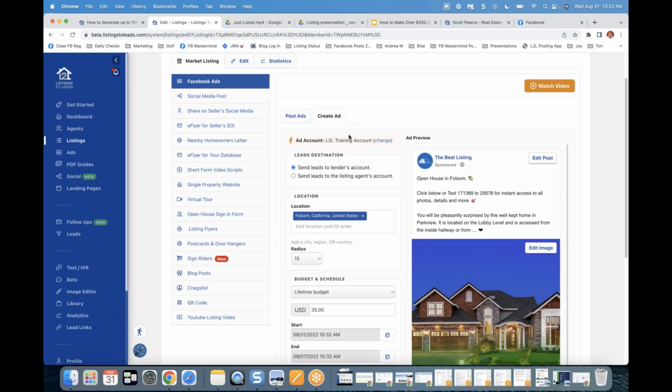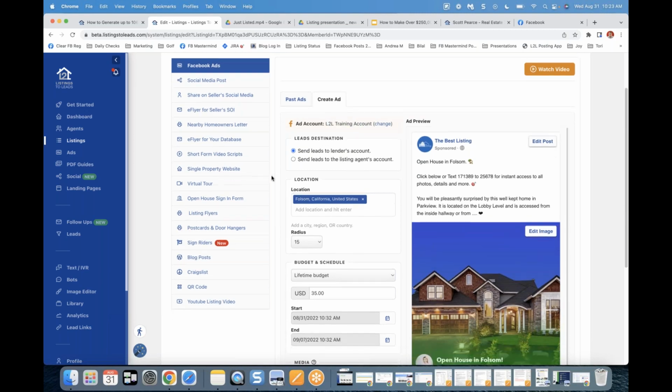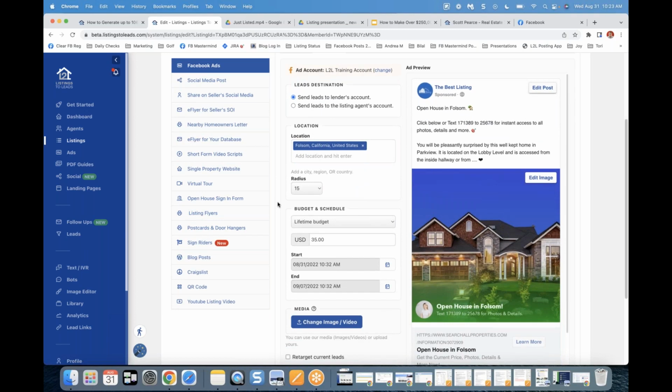So here's the thing. This is my Facebook ads account. So I'm the lender, right? I'm going to pay for this ad. The leads are going to come to me. And I'm going to go to my agent. Right now, obviously you're going to have a conversation with the agent ahead of time,